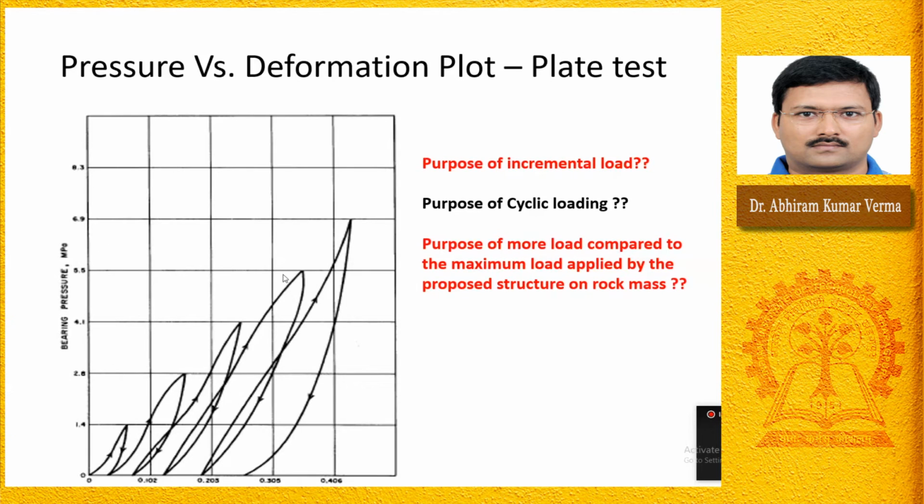This example shows one of the test site examples referred to by the International Society of Rock Mechanics in their standard, so I'm citing from there. We are getting a permanent deformation of some amount after the 5 different cycles, and you can see the slope of each cycle is different.